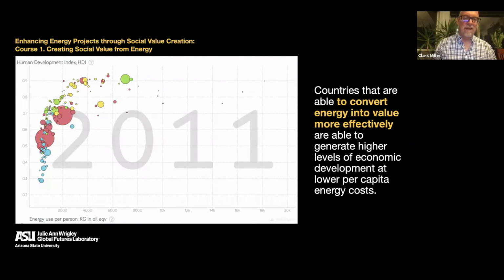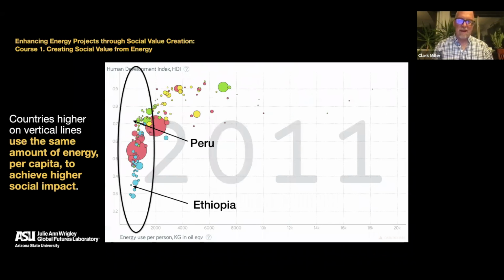And we see that that goes up very rapidly in the early stages of energy system development. And then it saturates at the top of the graph, and you get situations where countries use more and more energy per capita to little additional benefit. We can actually think about both parts of this curve in terms of the social value of energy, right?